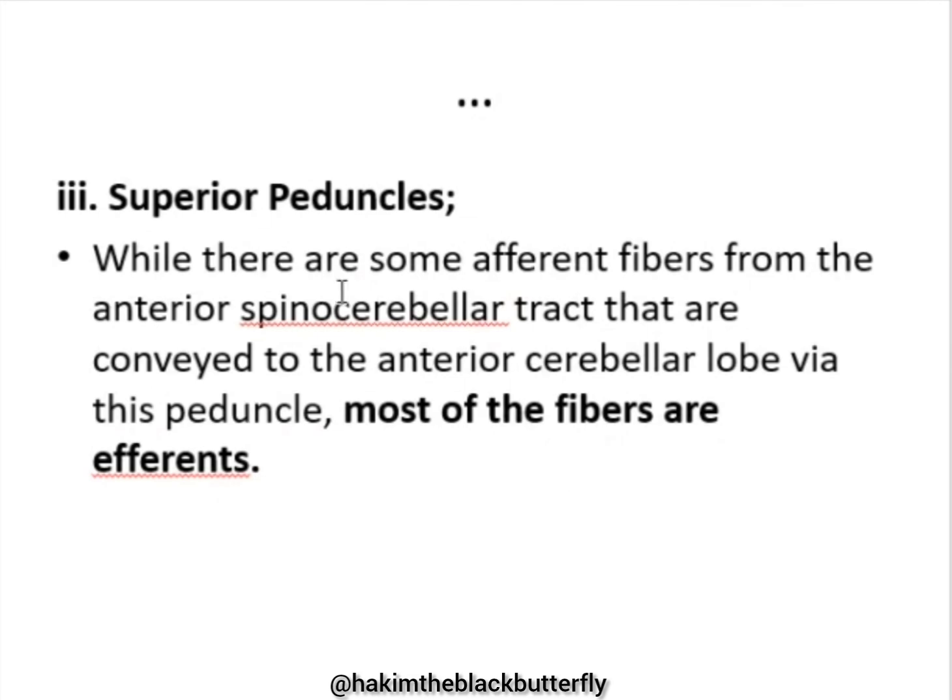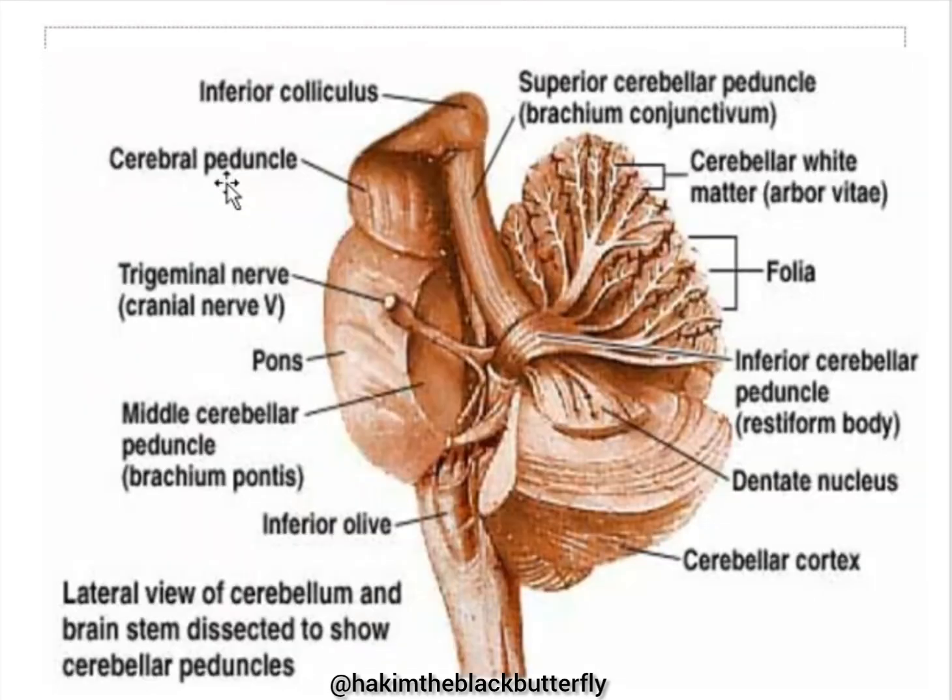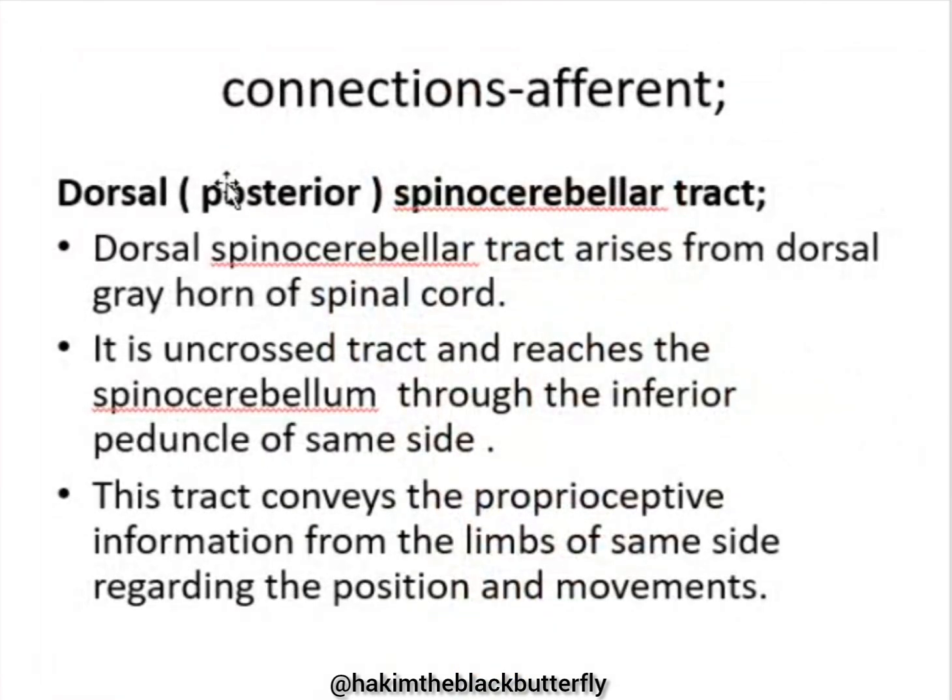Now, the superior cerebellar peduncle is the one which is predominantly efferent. Most of the fibers through the superior cerebellar peduncle are transmitting information outwards. So it is predominantly efferent, much as it has some afferent information, and it's mainly transmitting impulses to the brainstem, the thalamus, then on their way to the cerebral cortex. So those are the peduncles of the